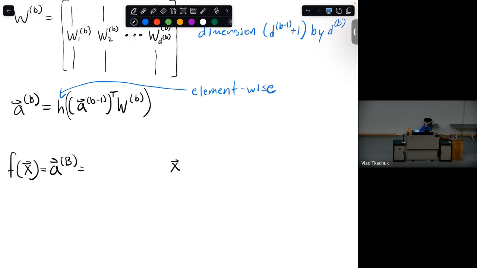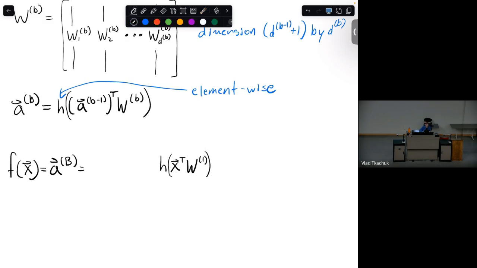You have the feature vector, which starts as the input. What happens to that feature vector? You apply the transpose, and you apply this linear function with the weight matrix for the first layer. You then apply the activation function to this thing, called the pre-activation, to now get the activation. This is the activation vector for layer 1.